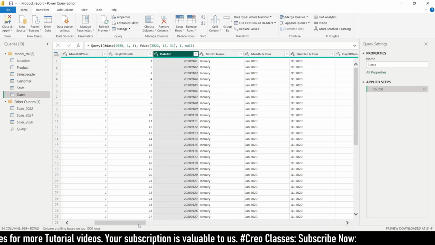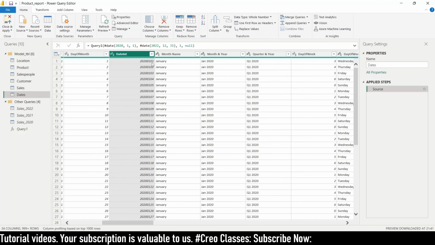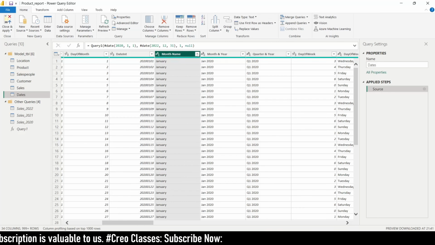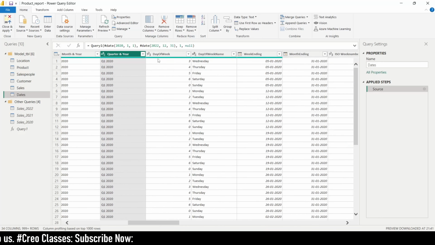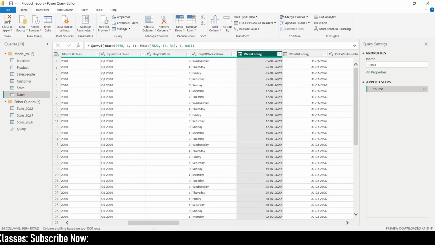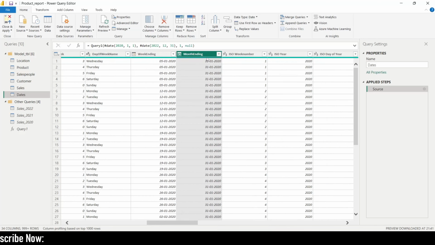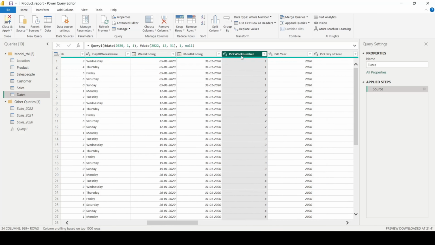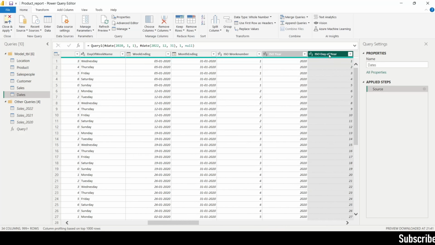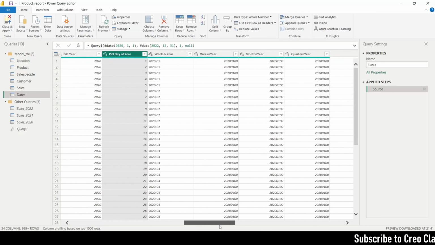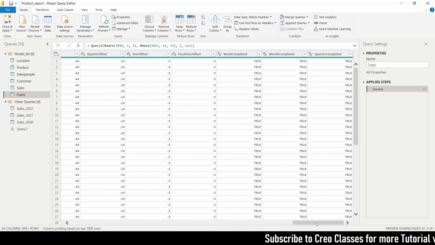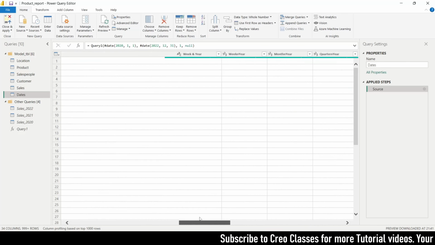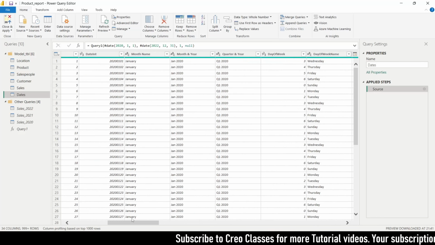Okay, and without any punctuation, the date has been written here, along with the month name, the month, the year, the quarter, the year, day, week. Okay, week ending, month ending, ISO week number, ISO year, ISO day of the year, and you have so many columns here. I think this entire thing will not be used in your report, but if someone